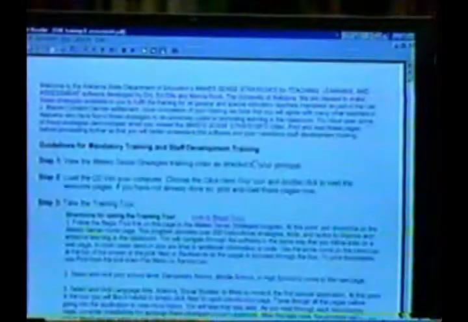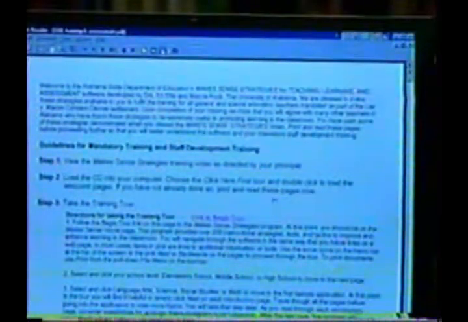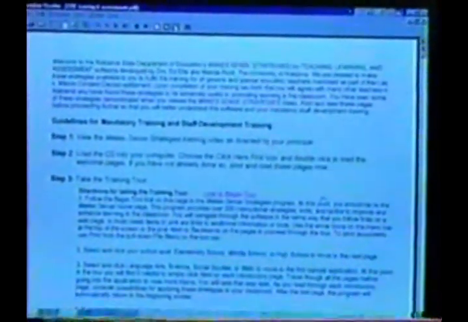What I'm going to do is just click on this icon that says click to begin training. What will show up is a set of instructions for what you need to do. Now I realize you probably can't read these instructions on screen. One of the things that needs to happen is if these have not already been printed out for you and given to you as a handout, then you should print